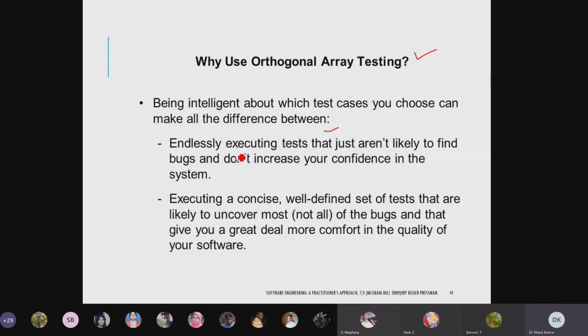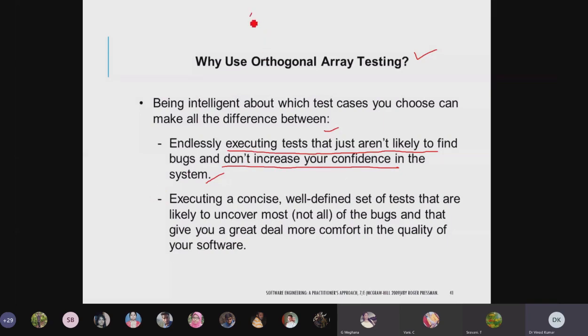You end up endlessly executing tests that are not likely to find bugs and don't increase your confidence in the system. If you try to test each and every possible combination in your software, you are not able to find the bugs, and it will not increase confidence; it is too much work.